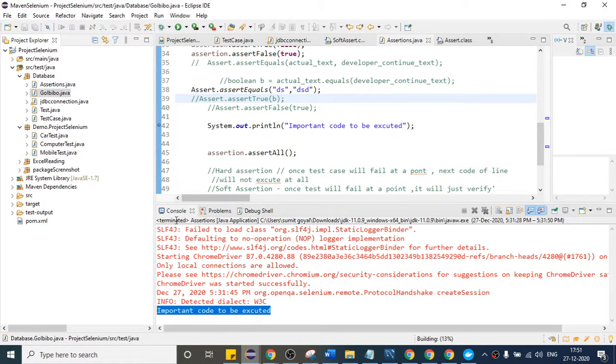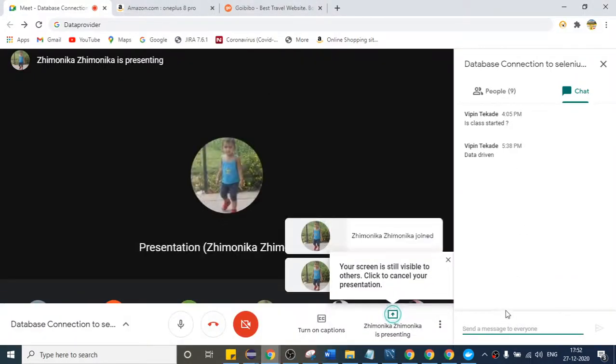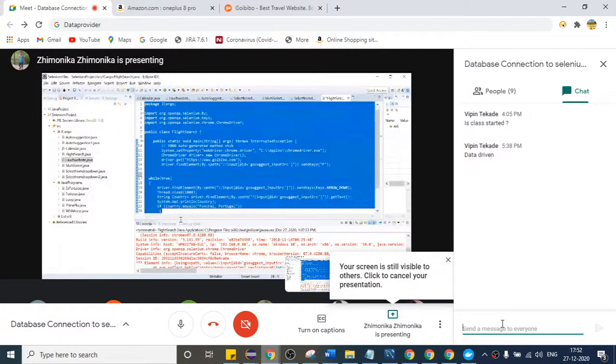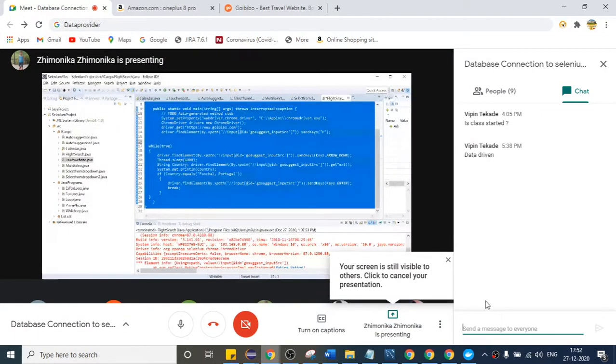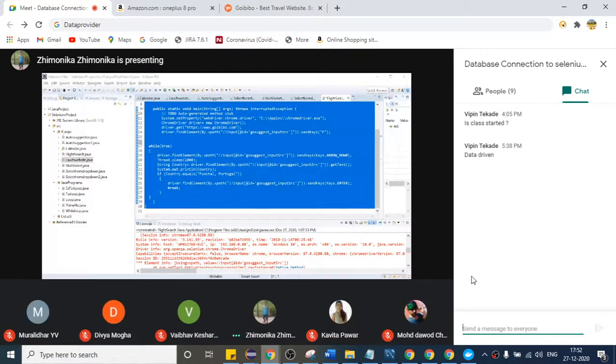Are you able to see my screen? No, you can share the complete code itself here in the chat. Then I will copy and check.